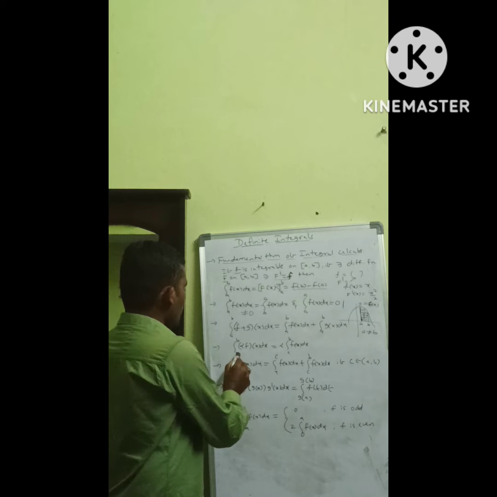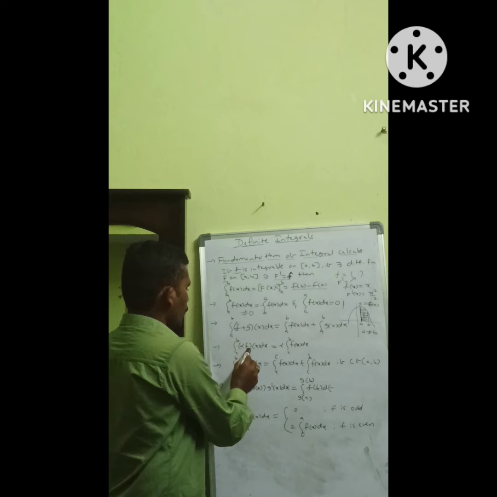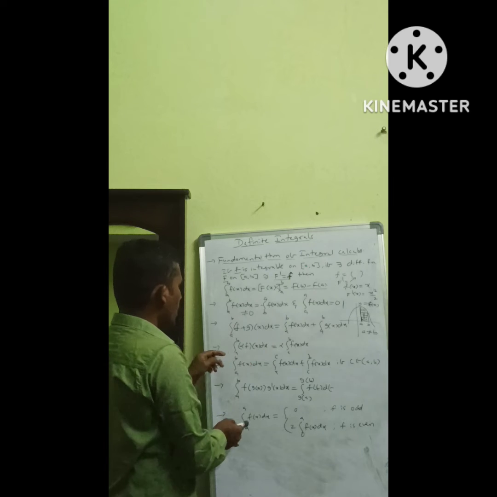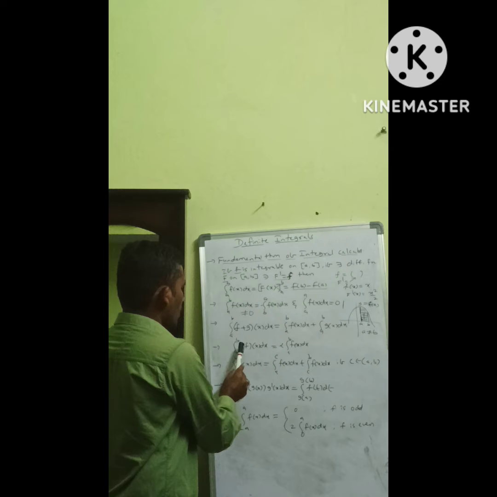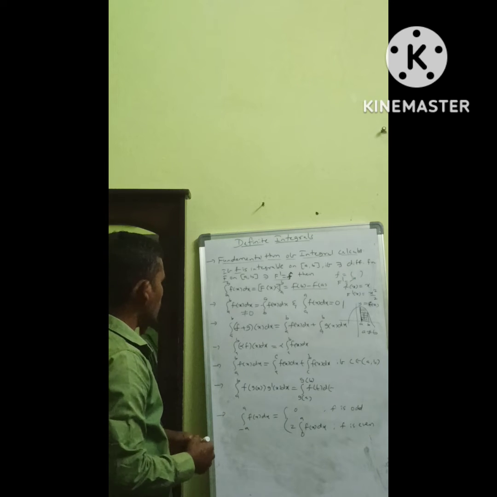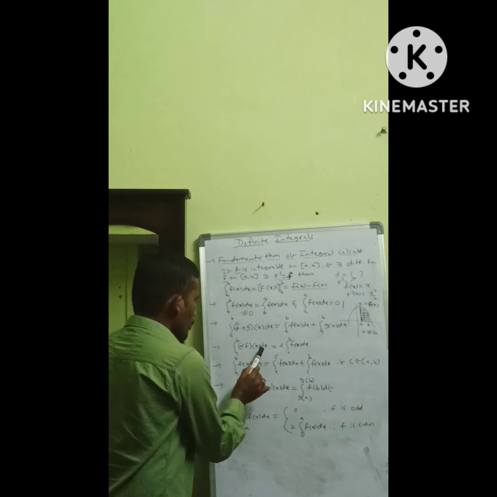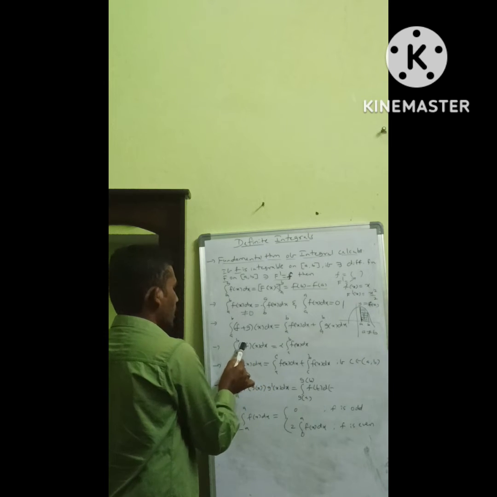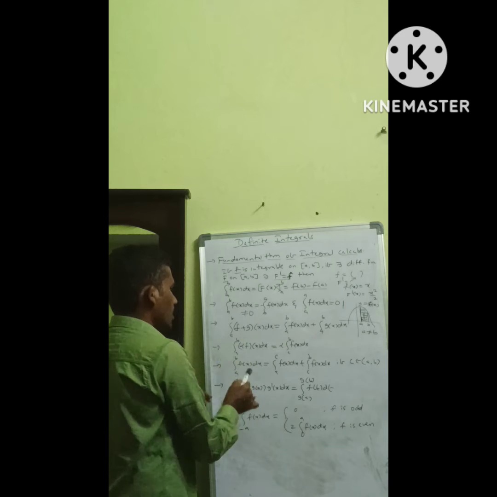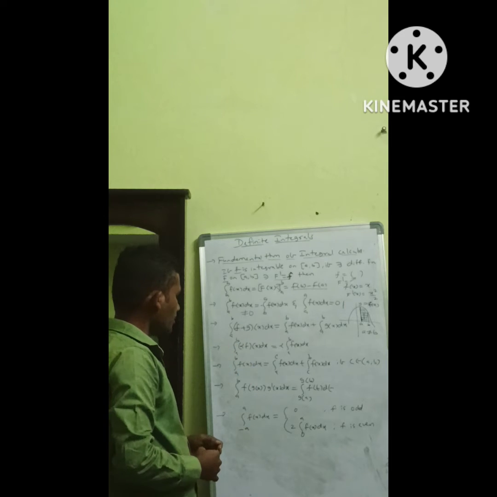Next, integration a to b alpha f of x. So this alpha is a constant and we are integrating with respect to x. So alpha is not changing, and that's why I'm taking it outside of the integration. We are working only with x terms, so alpha is not impacted, so I'm taking it outside of the integration. Next,